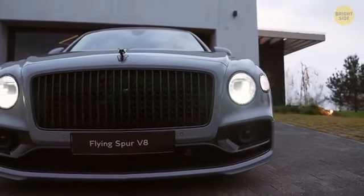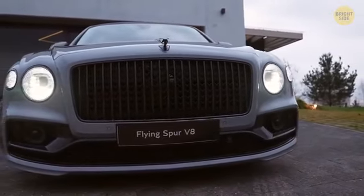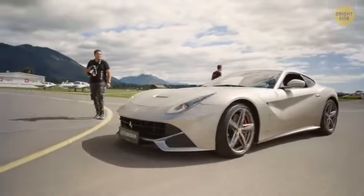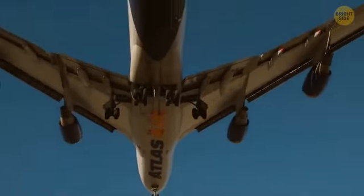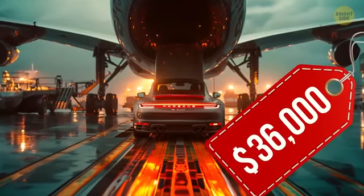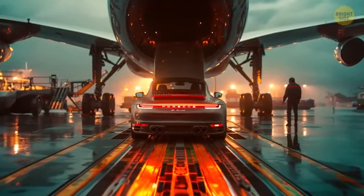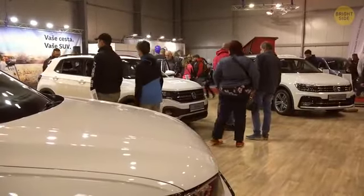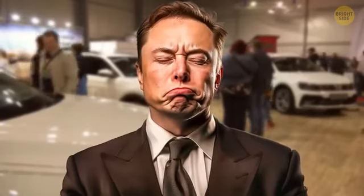Although the ultra-rich travelers can afford to rent any car while traveling, not all of them like to sit in a vehicle that belongs to someone else. That's why they choose to ship their own luxurious cars to their destination. It costs around $36,000 to fly a Porsche from Dubai to London with Emirates. It's enough money to buy a brand new family hatchback in the UK, but most billionaires don't like this type